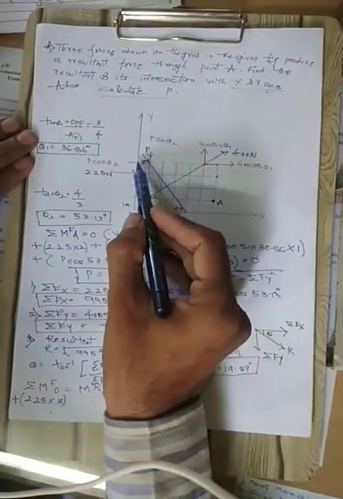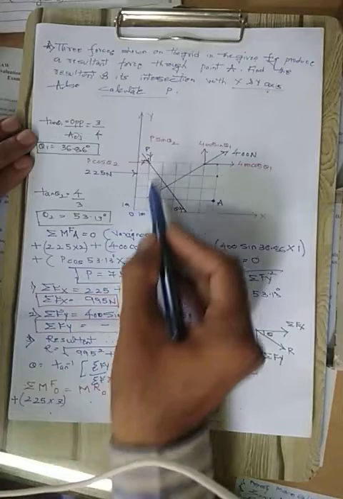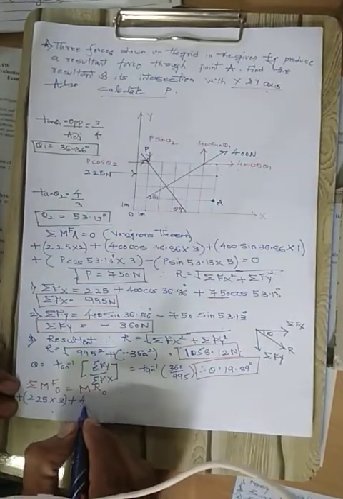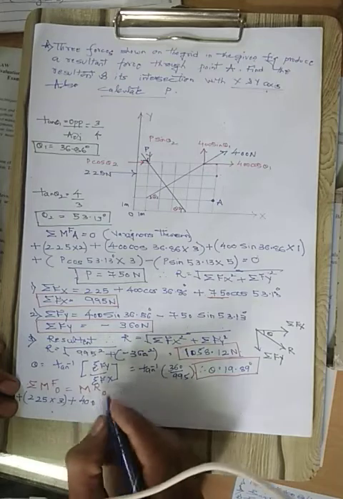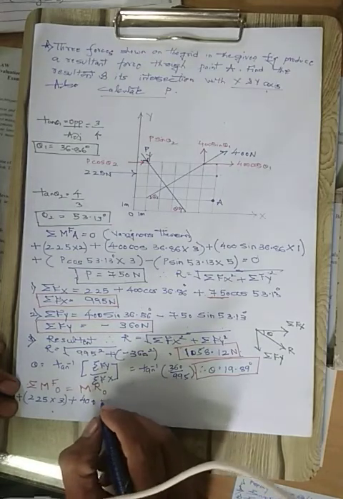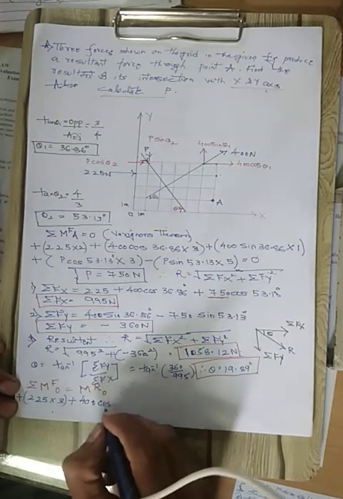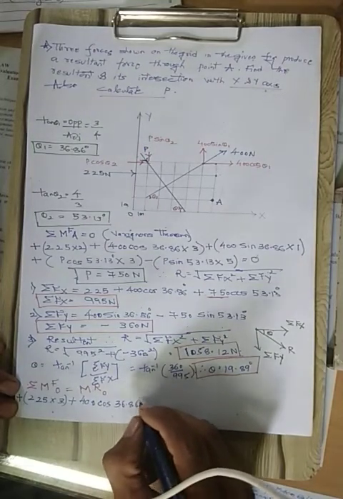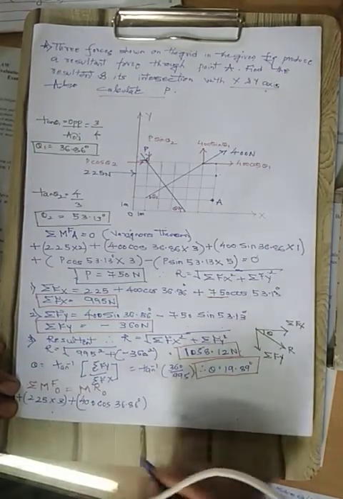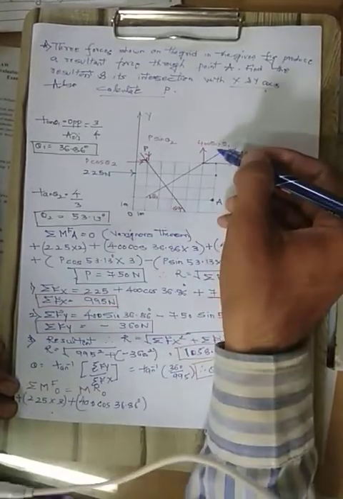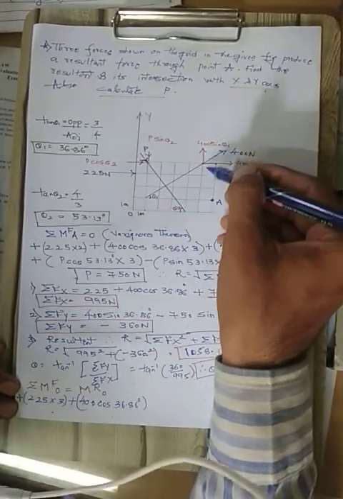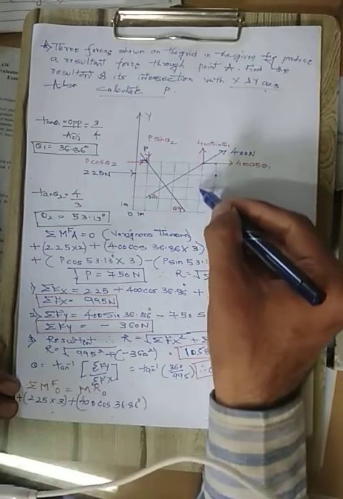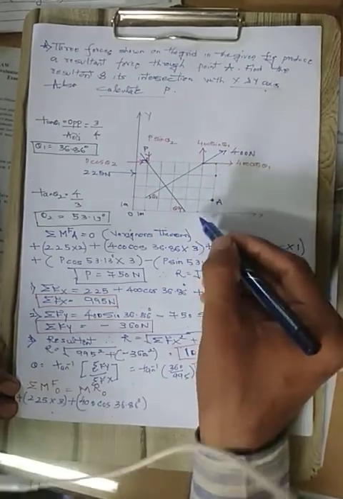So 400 cos of theta 1, and it is moving clockwise, so plus 400 cos of 36.86 degrees. Vertical force 400 sine of theta 1. Again O is at the bottom. The vertical force is transferred to this point, and the movement,